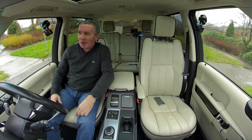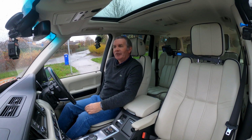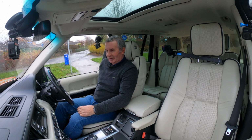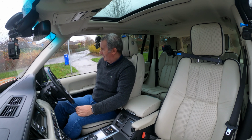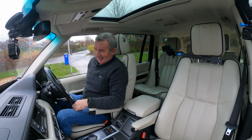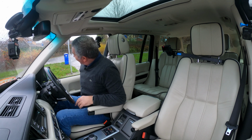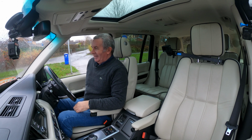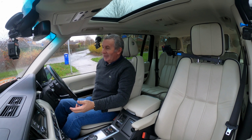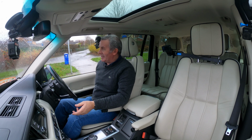But also the memory seat roulette game. Let's have a look. And I promise you, I don't mess about with these seats, so we'll see. I can't even find where this one is. Right, so that's position 1. Position 2. Oh hell. That's position 2. And position 3. So, judging from the seat positions, my theories come true again,